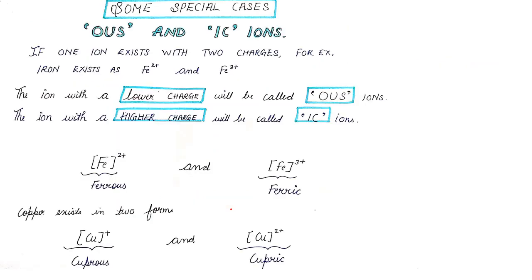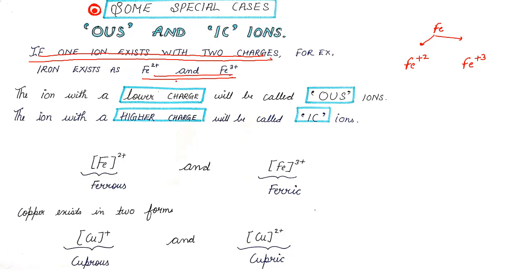Moving further, now I'll be talking about some special ions. This is again very, very important. Many times this particular slide will find its use in the CBSE board exams. So see here, if one ion exists with 2 charges, suppose that iron is there, it exists in nature in 2 forms. It exists as Fe2+, it exists as Fe3+. Once again, if any one ion exists in 2 different charges, for example, iron exists as Fe2+ and Fe3+, then the ion which is having a